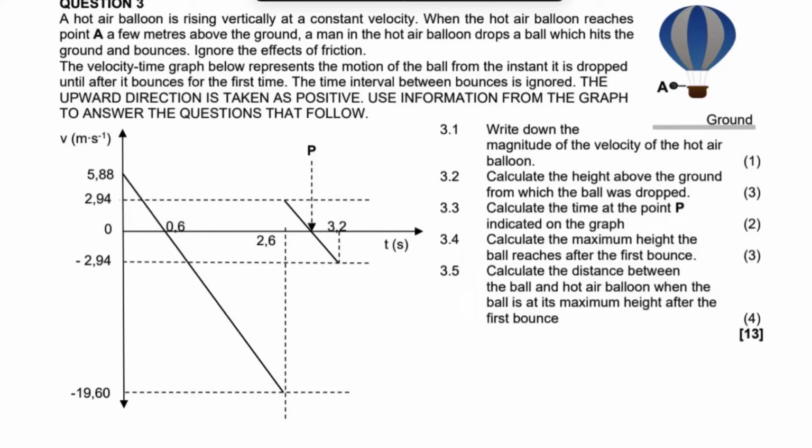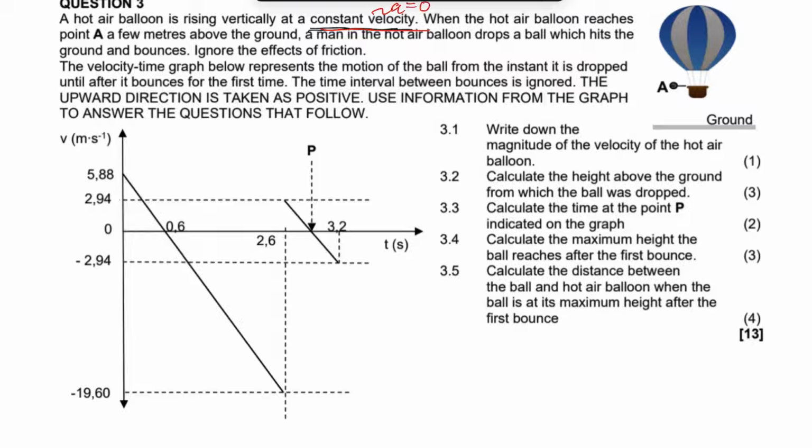Good day, folks. Here's the graph of the hot air balloon and the graph of the object that is dropped on a hot air balloon. Now, guys, the first thing that we need to look at here, it says a hot air balloon is rising vertically at constant velocity. That's very important. So it moves at constant velocity. We know what's happening. The acceleration is what? Is zero,